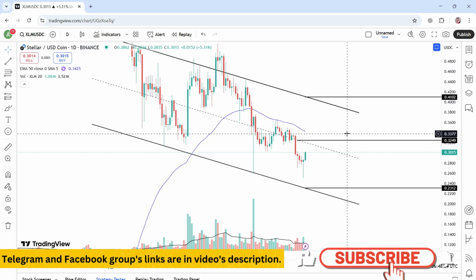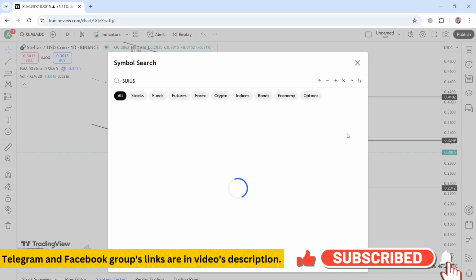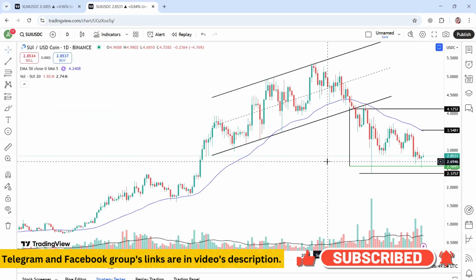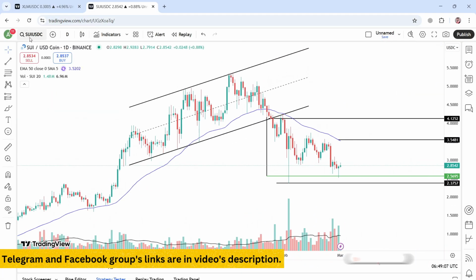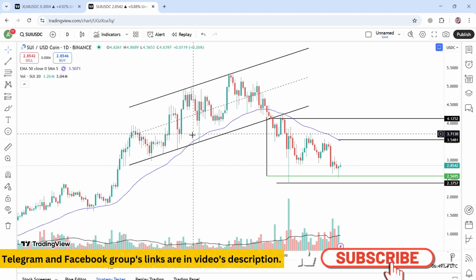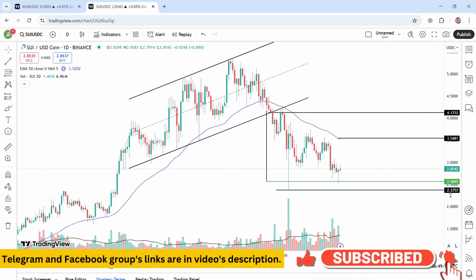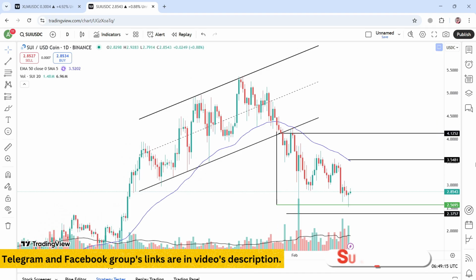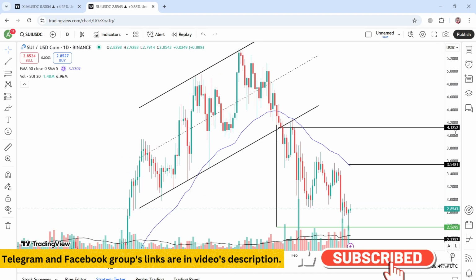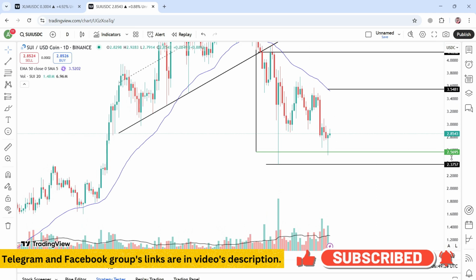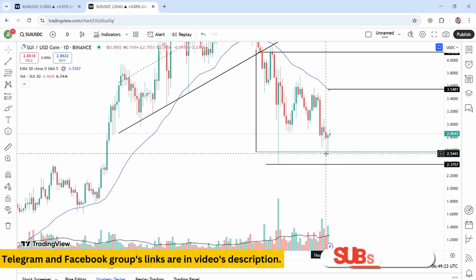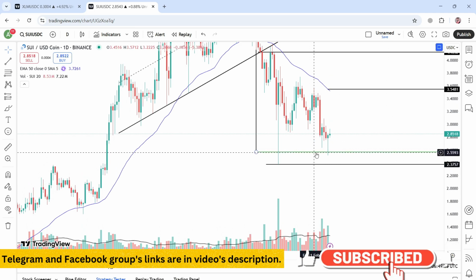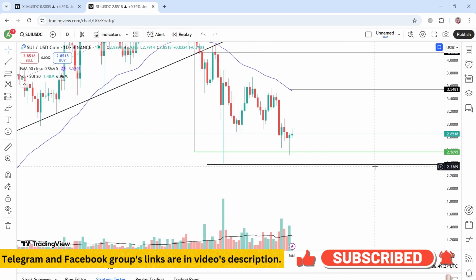The next coin is the SUI coin, SUI. So if we look at SUI against the USDC on the 1 day time frame, currently it is moving in its downtrend, where it gave the breakdown of this rising channel formation when it gave a closing below 4.1252 in this candle. After that, it exposed the final target of 2.5695, and that final target has already been achieved in these candles. So currently price is moving at